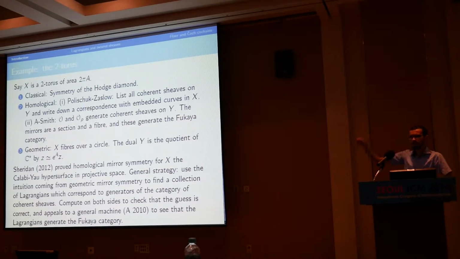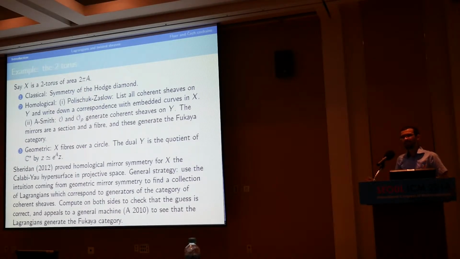Anyway. That gives you a bijective correspondence between embedded Lagrangians and some kind of vector bundles, although OP is not vector, but anyway, some kind of sheaves. And then you just check what the morphisms are. These are supposed to be categories, so in addition to objects, we also have morphisms, which correspond to Floer theory. That's very easy to compute in this 2-dimensional case. You compute that it's exactly the same as objects. So that's great. We checked it.